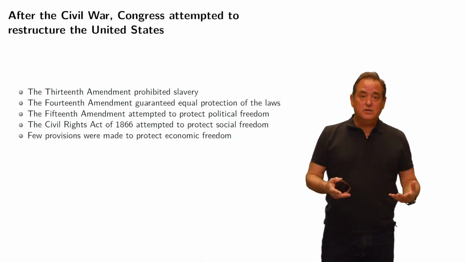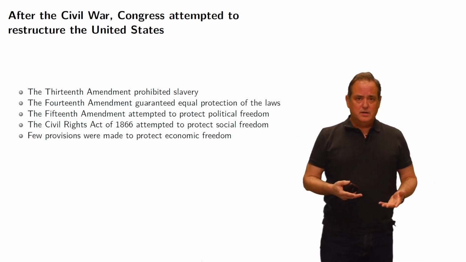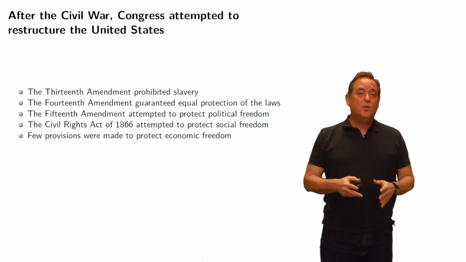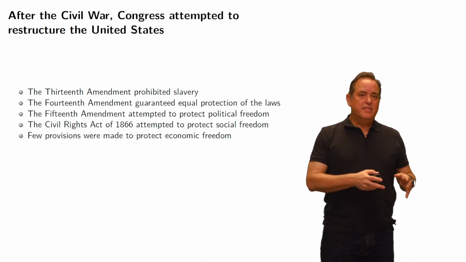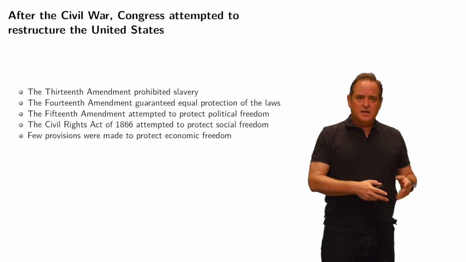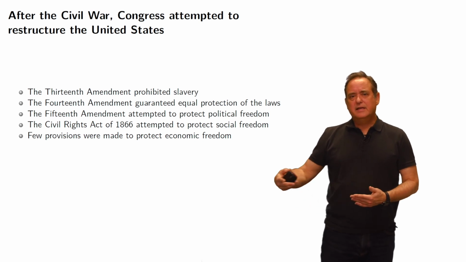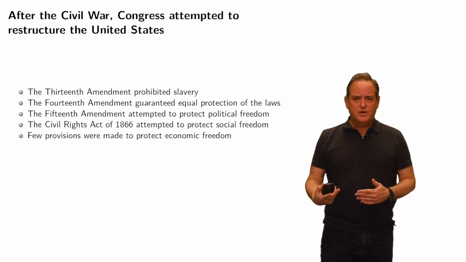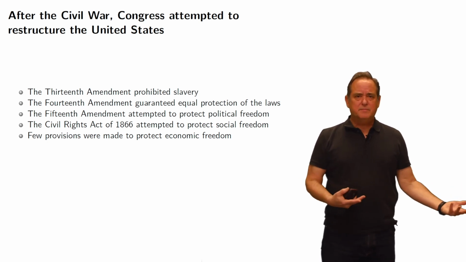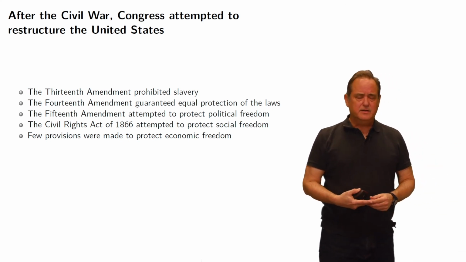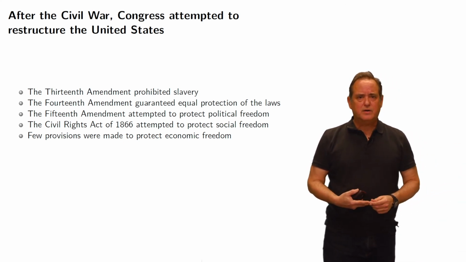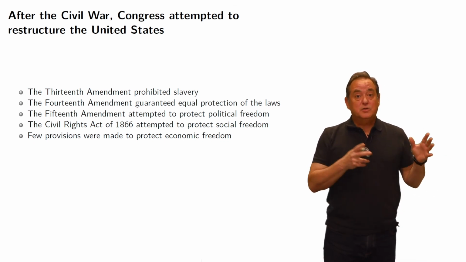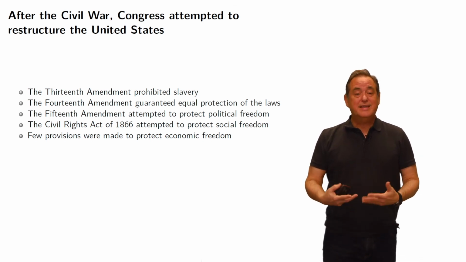And what we learned in the 100 years before the Civil Rights Act of 1964 was that if we don't protect economic freedom, then the other freedoms go away. Unless people are allowed to participate in the economy of the country, then it doesn't matter that we're going to give them the right to vote, or it doesn't matter that we give them rights that say that they can use whatever restaurant they want or buy whatever house they want, because we have to empower these people economically.